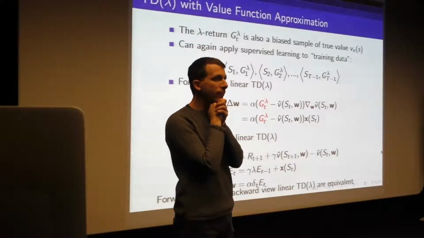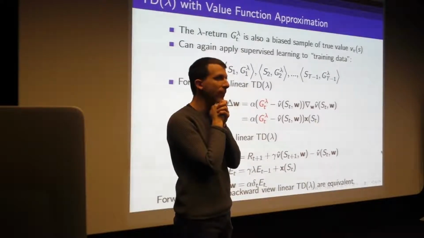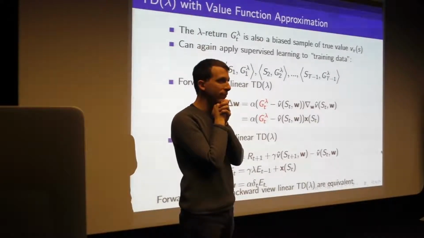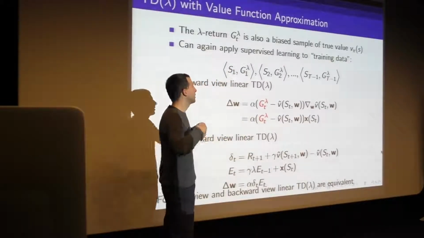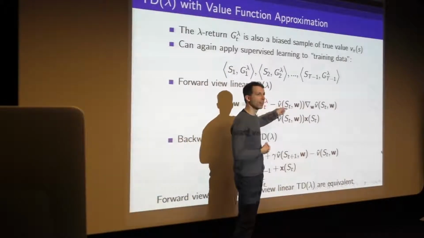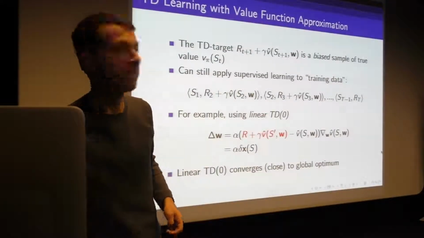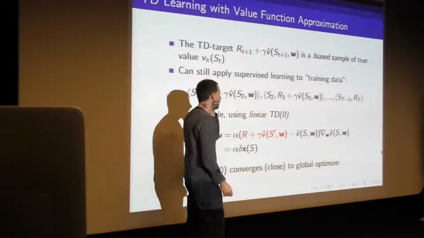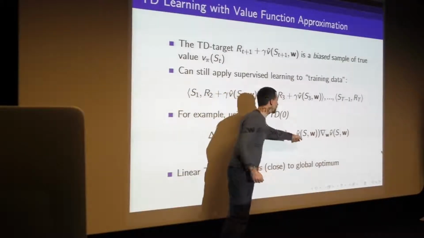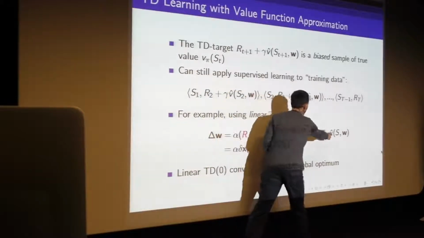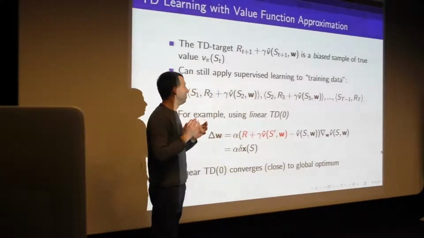So G lambda, the target in these slides, depends on the value function. So why don't we have a term for that dependence in the update? Okay, great question. So the question was, why does the gradient only depend on our predictive value function? Let's go back to the simplest case with TD0, because we can still ask that question already here. When we take the gradient, why don't we take the gradient of both the target and our function approximation? Why is the gradient only of our function approximator? The answer is,